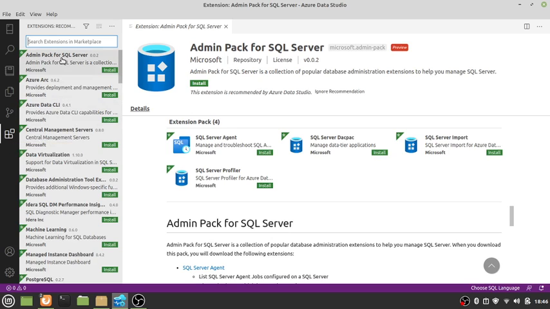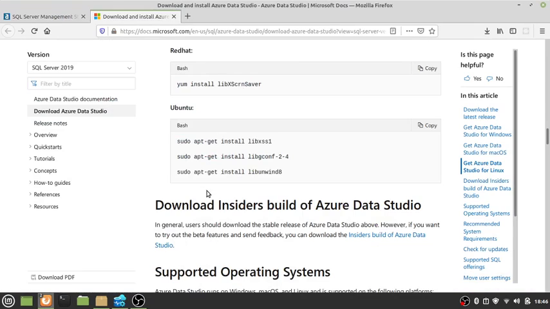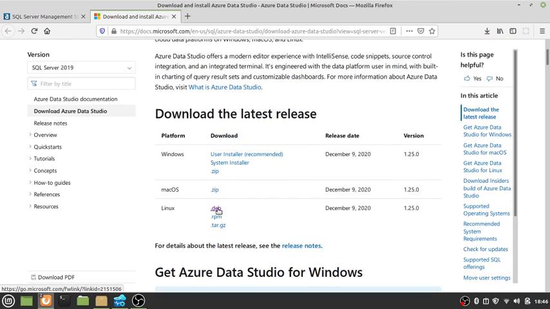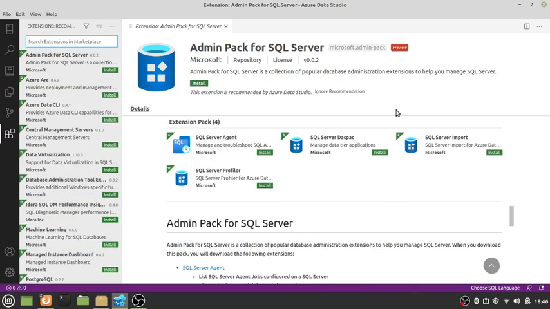You can download Azure Data Studio by going to Microsoft and just downloading and installing it. I can never say that right. You'll want to use the right link depending on which Linux distro you're on. I use Debian because I'm on Linux Mint. So anyway, download it, and you can see it looks a lot like Visual Studio